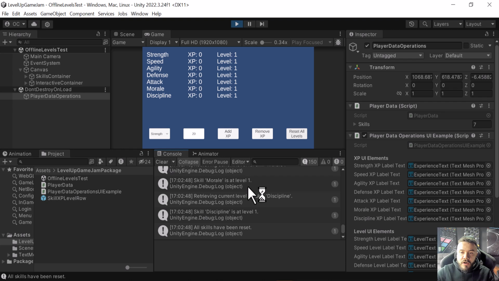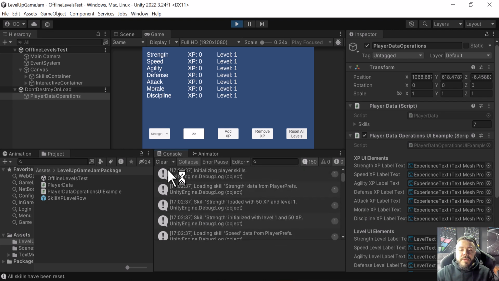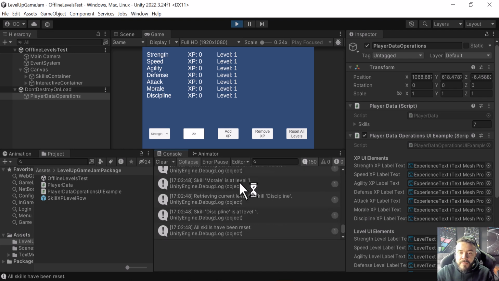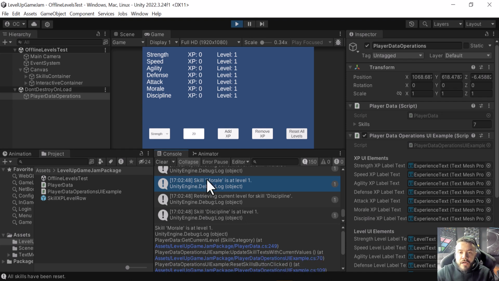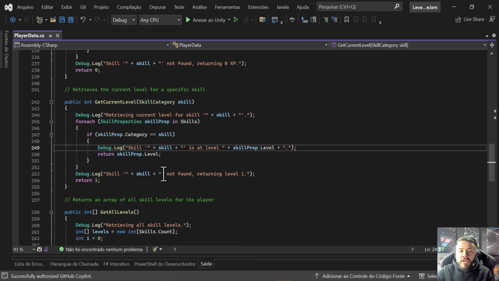There's a lot of debugs here. I made that because it's easier for beginners to understand everything that is happening. And if you're a beginner, you can know exactly when that specific action happened by clicking here once and then going to the first text that is blue. If you double click here, you go straight to that specific line.